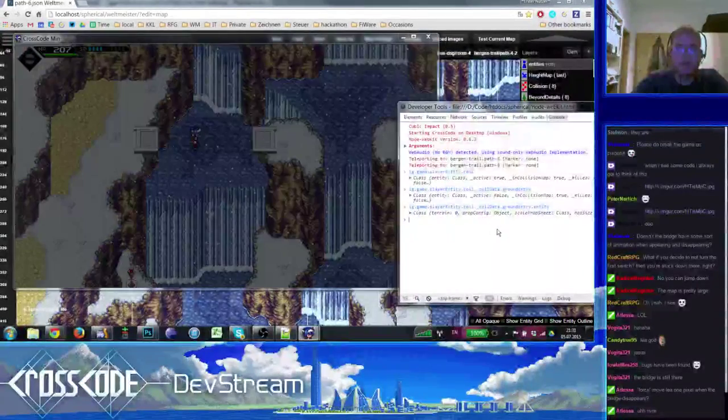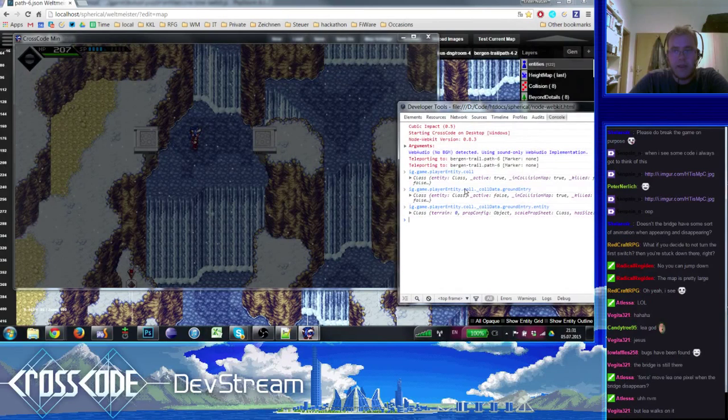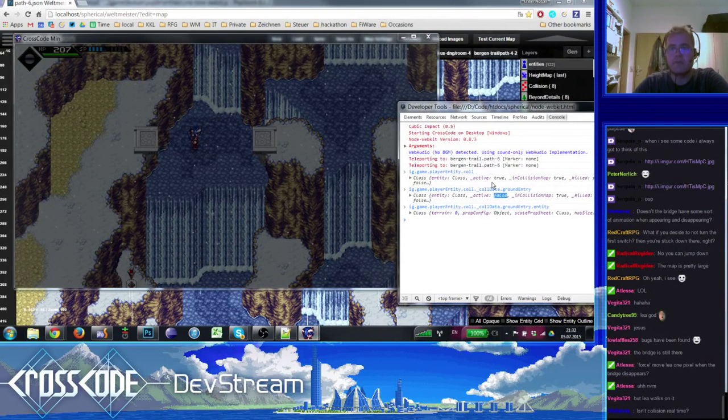Oh, I think it's a very simple solution. Look, yeah, okay, you already see the problem here. The player has a ground entity. The ground entity is there, but it's not active, and the system should just drop the ground entity at this moment. So that's probably how I'm going to solve this. I'm just going to check if the ground entity is in fact not active. Just remove it, please. I mean, it's not supposed to be there.